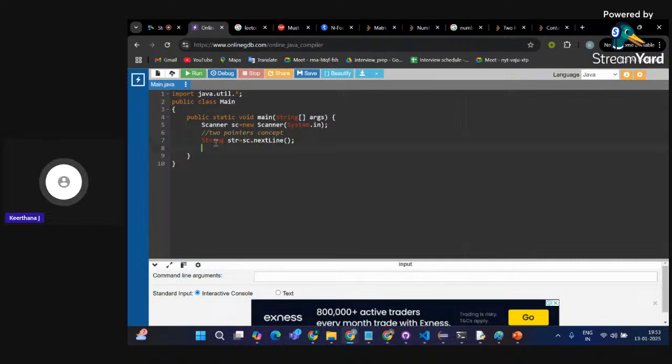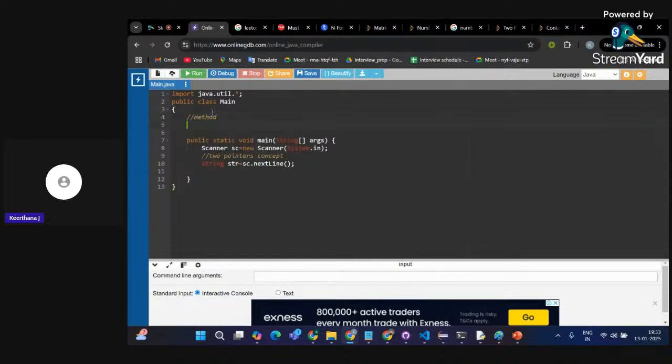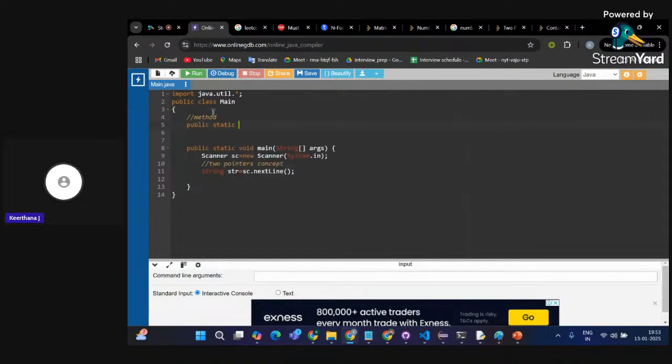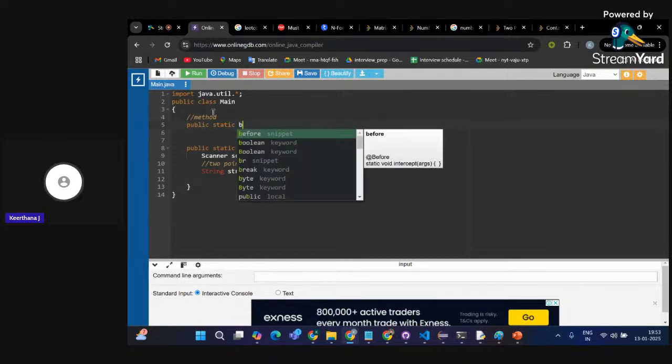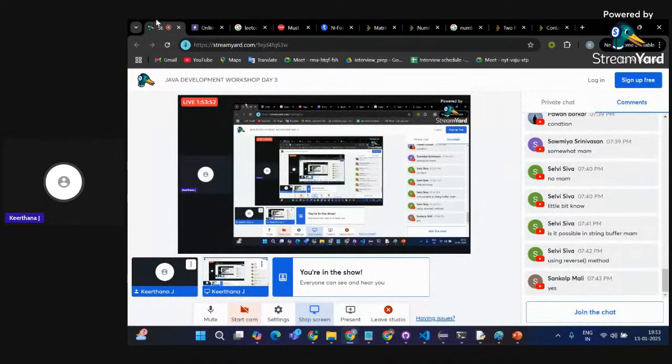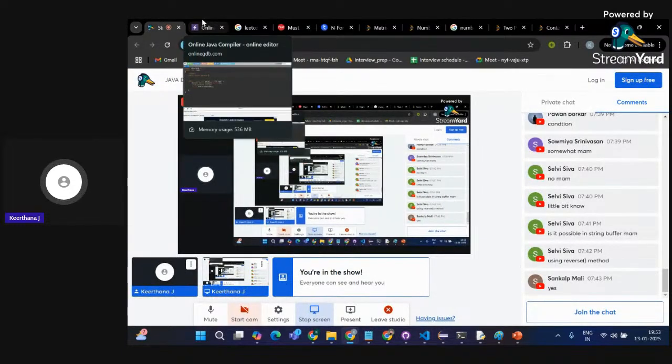I'm going to create a method, public static, which will return a boolean value. If my string is a palindrome, it will return true. If not, it will return false.